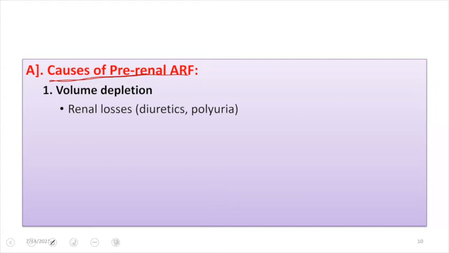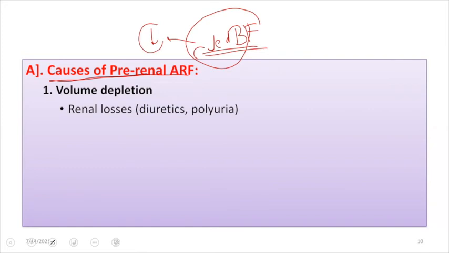Pre-renal azotemia, as I've discussed, results from a decrease in the blood flow to the kidney. It is one of the common causes of acute renal failure, but not the commonest. Whenever there is a decrease in the blood flow to the kidney, as I've already discussed, there will be a decrease in the GFR, and that will manifest with azotemia. So what are the causes behind decrease in the blood flow to the kidney?